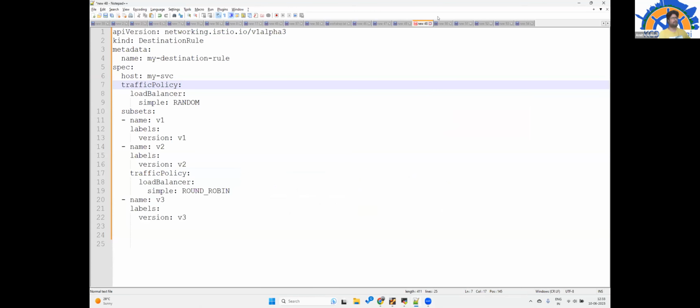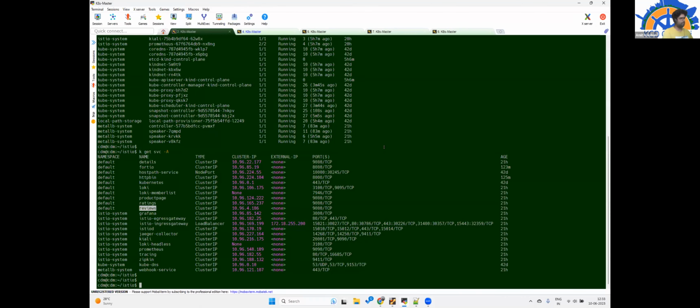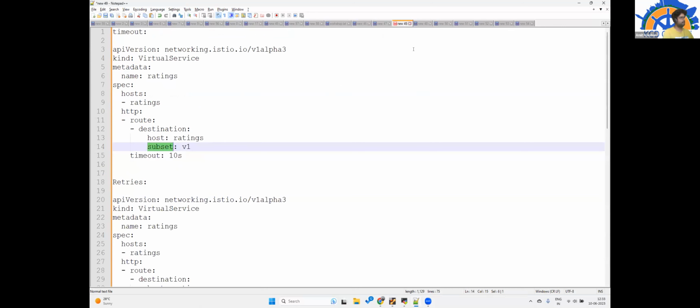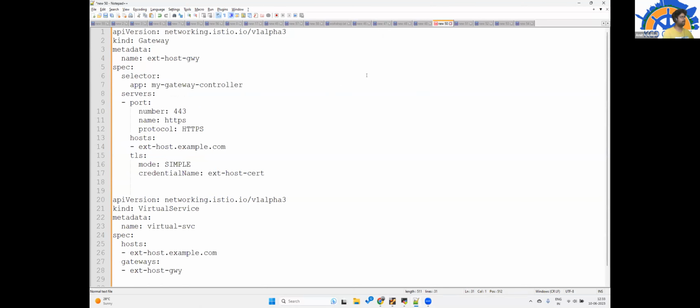Okay, thanks. So I will be giving the demo of each of these, the virtual service and destination rules, so that we can see in real how it works. Now, gateway. Let me just give one more bookish knowledge so that we can move on to the actual realization.